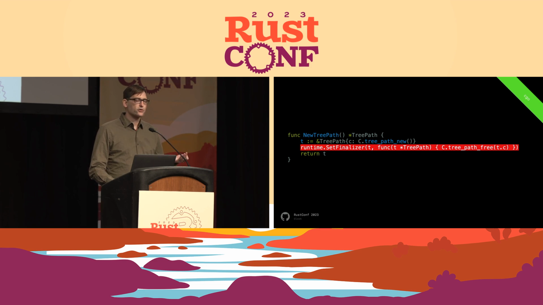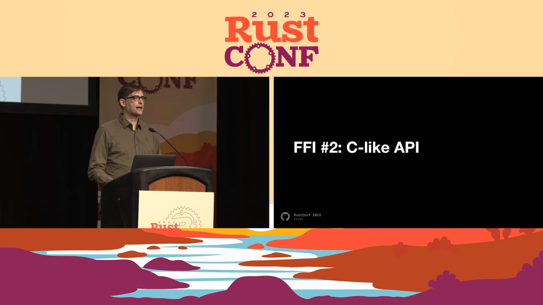So finalizers are tricky because you have no control over when they run. The GC decides. I want to be clear that you can make this work, and we did fix this bug. But we ran into a lot of problems trying to make Go and Rust interact this way. Go is a GC language, and Rust wants to track ownership, so it's kind of difficult to get them to play together nicely. So we came up with a second approach, which I call the C-like API,